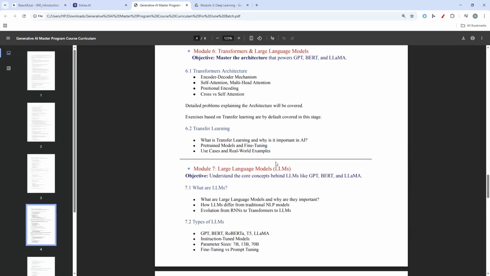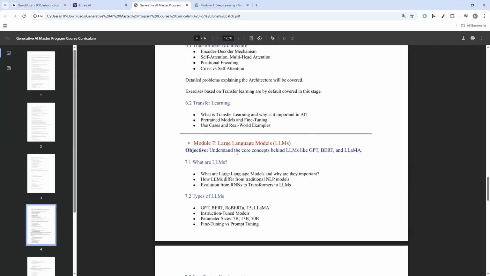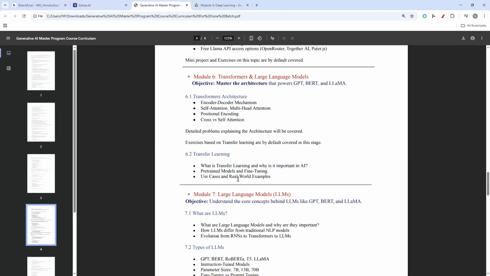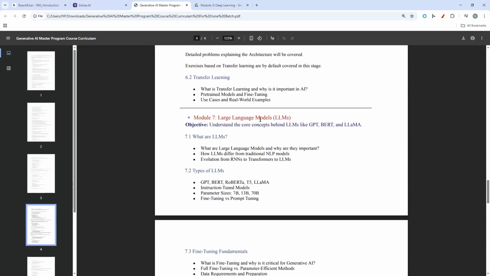Once you get a good understanding of things like pre-trained LLMs, what LLMs are, and how we can build small applications on LLMs, we are going to look at the large language models. These are all the pre-trained, foundational models, where in module 6 and module 7 you are going to uncover the knowledge of large language models.